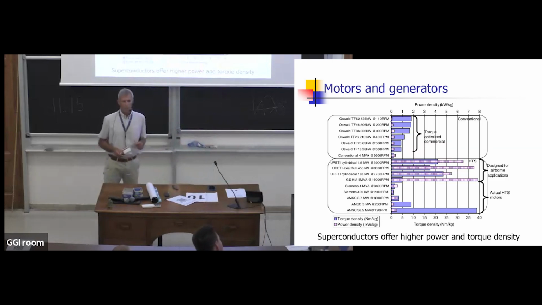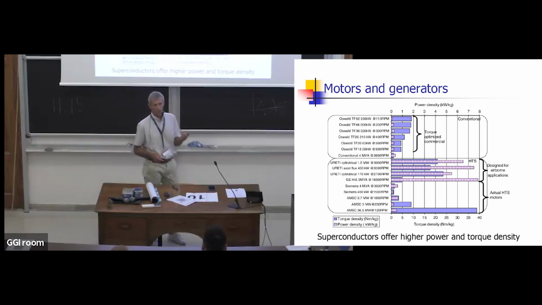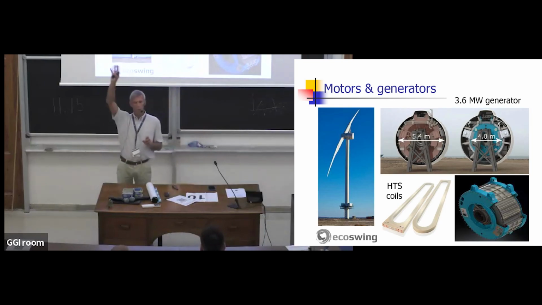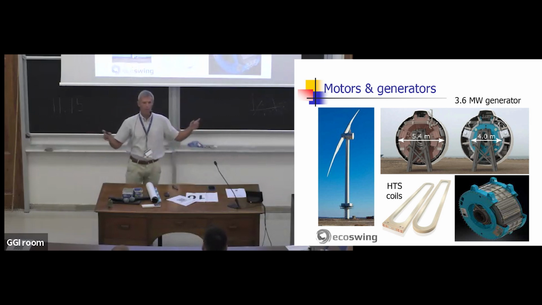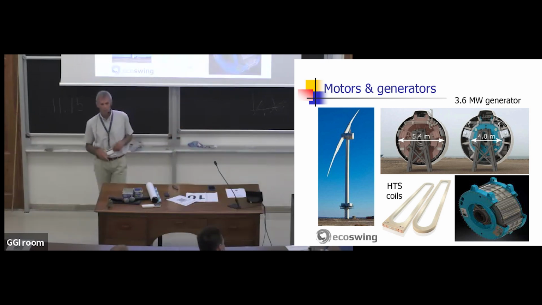Motors and generators you can do with high field magnets, with higher power density or higher torque density. Very useful if you build wind generators. You know that the load at the top of the nacelle is important for the structure. If you can make the tower higher, you can make the blades longer, you can generate more power. So superconductivity gives access to that. There were demonstrators going from normal conducting to superconducting. They showed that indeed you gain that and it works.